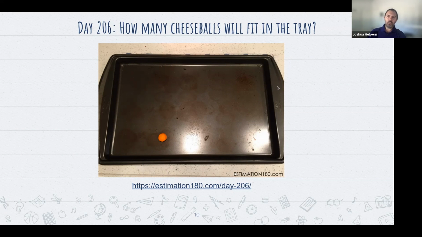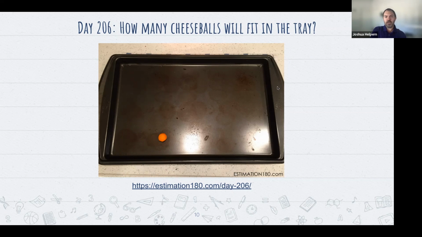And on Andrew's website, he's got two. He usually has two reveal buttons. One's a video reveal, and that's the one that I use when I'm doing this live with my students. He also has a second button that's just a picture reveal, and that's what I'm going to do with you guys. The video reveals are usually a speeded up version of him counting the things.